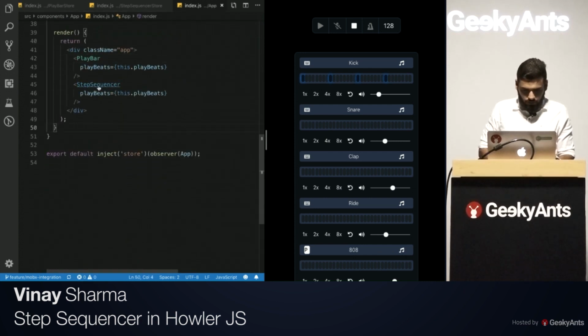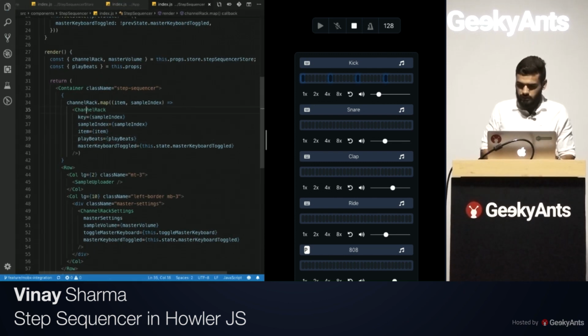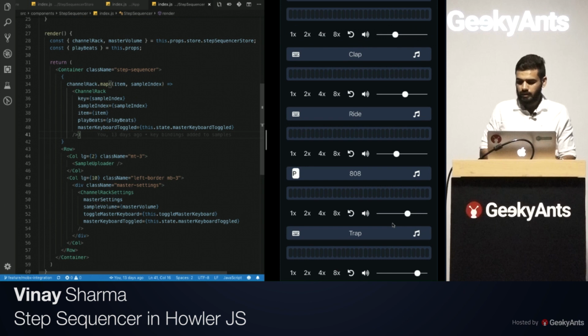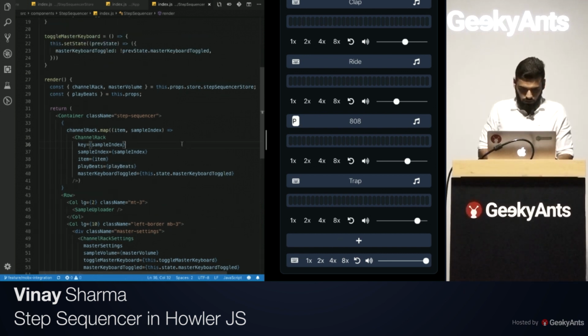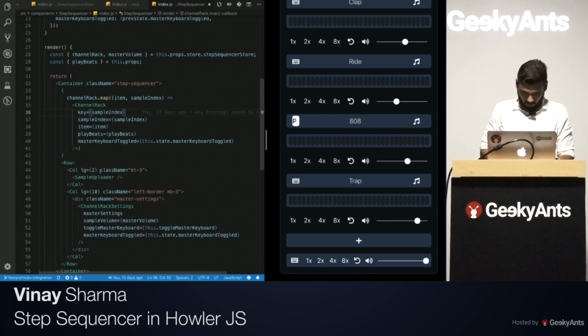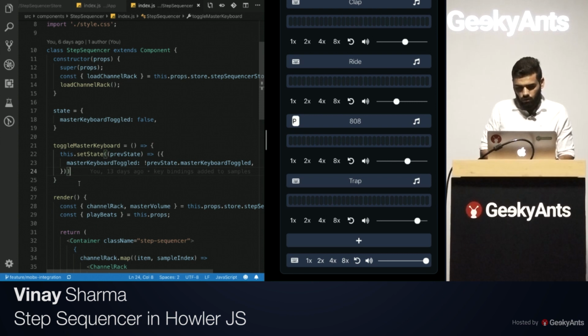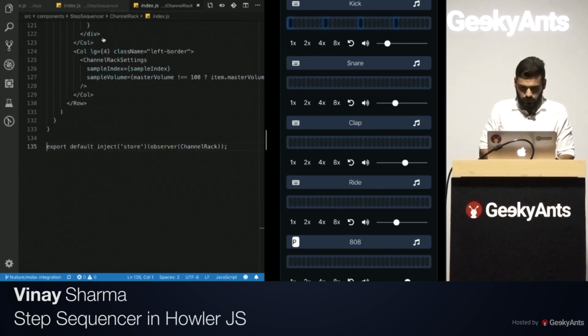Now let's move on to the step sequencer. In the step sequencer, I have maintained the render function like this. There's a channel rack that you can see over here, and along with that I have even implemented a sample uploader, and after that I have a channel rack setting, which you can see at the bottommost point. So the channel rack, the sample uploader and the channel rack settings are the 3 main components that I've used in it, and these are simple observables. These are simple functions which will help me preserve the local state, whether I'm recording my step sequence or not. So moving into the channel rack,